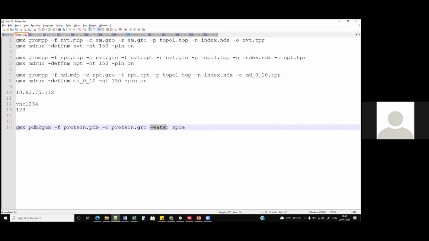And what kind of water model do you want to use? We have various water models available. You can use SPC, or you can use TIP3P, or TIP4P, or any other kind of water model. In this case, we'll be using the water model SPCE. Now, if you run this command, it will instruct Gromacs to open. We need to fire this command, input the file, that is protein.pdb, and then there is the output of the same.